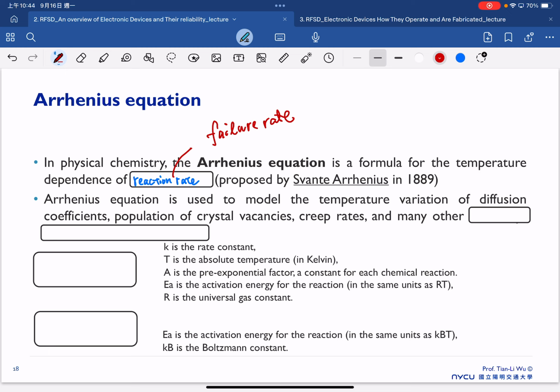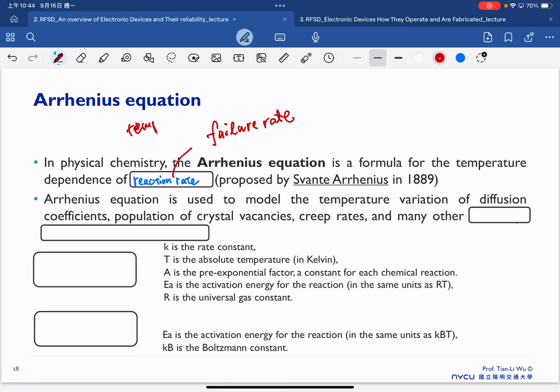So that's why we usually try our best to calculate the failure rate here. Therefore, the concept used in physical chemistry to describe the temperature dependency of the reaction rate can be borrowed for us, because now we can use similar things to calculate the